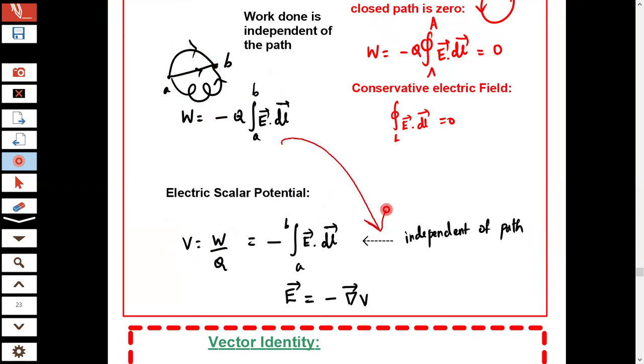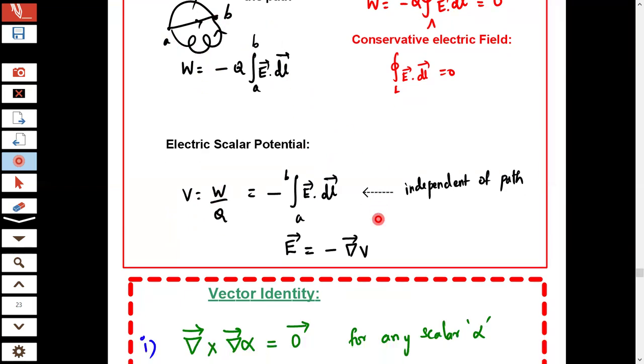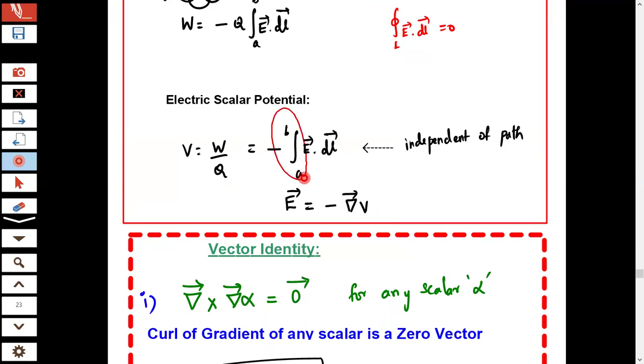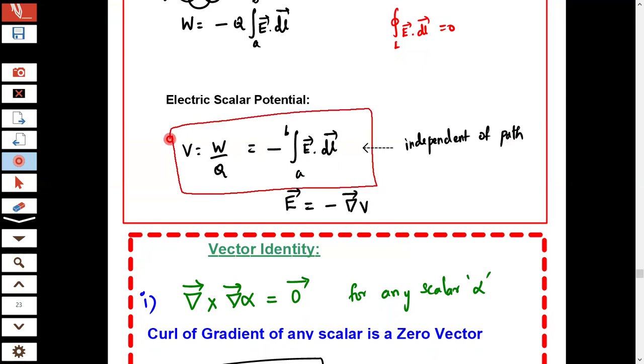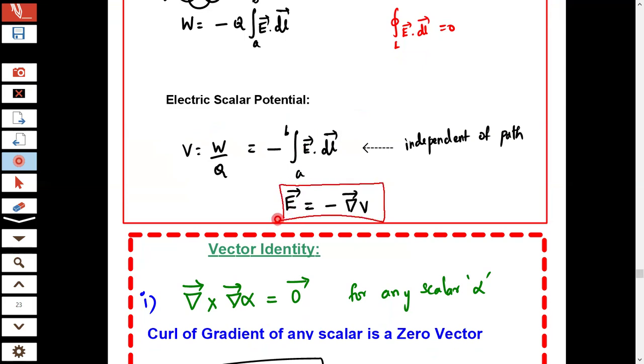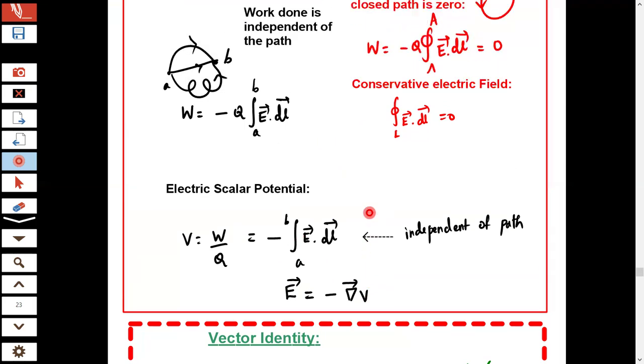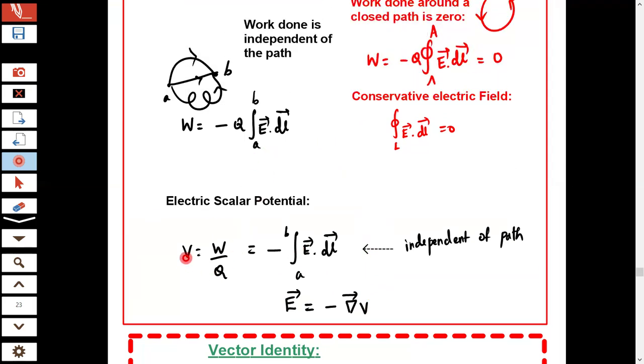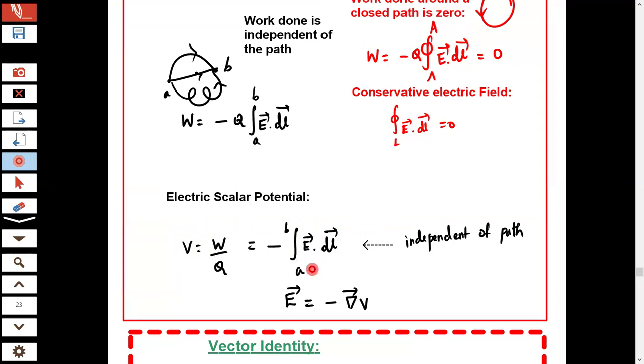So when we represent the potentials for electric field as a scalar, again this integration is independent of the path because this equation is derived from the definition of work done. And from this, we can write electric field intensity in terms of electric scalar potential as the negative potential gradient. This is a well-known derivation which we have already derived. Now, in a similar way, we can represent the relation between potential and magnetic fields in case of magnetic fields.